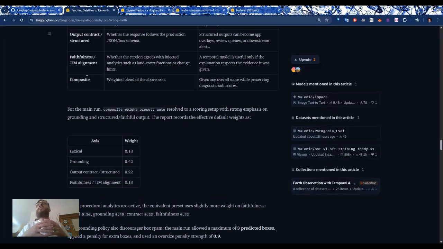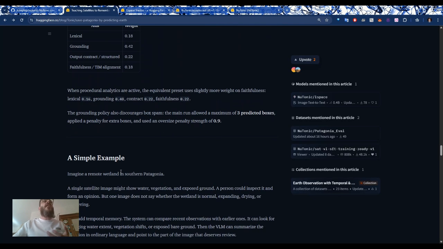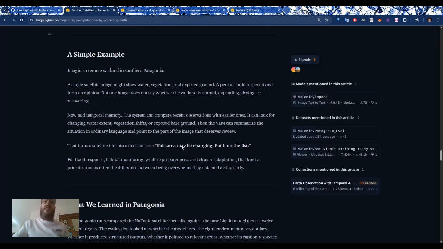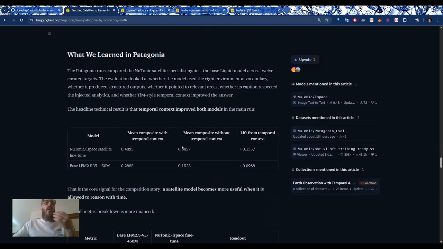The way I evaluated, I went a little bit too far in the evaluation, but basically we're looking at caption quality, bounding box label quality. We're looking at, are the bounding boxes actually correct based on our golden answers? Is the model responding in the way that we trained it to respond, and so on. All that is weighted. The evaluation is quite configurable, so you can run it again. And this is what we found.